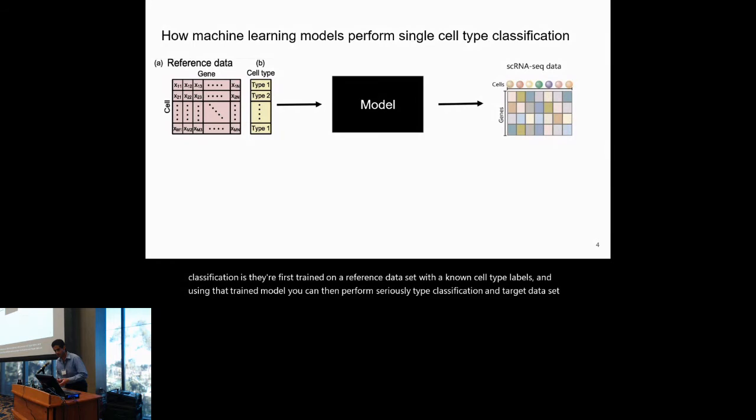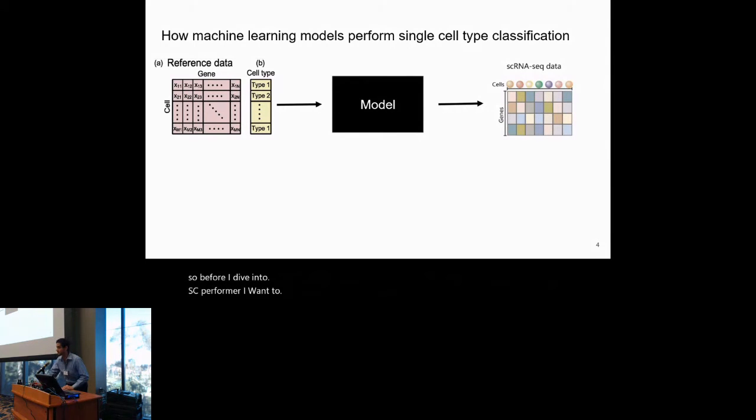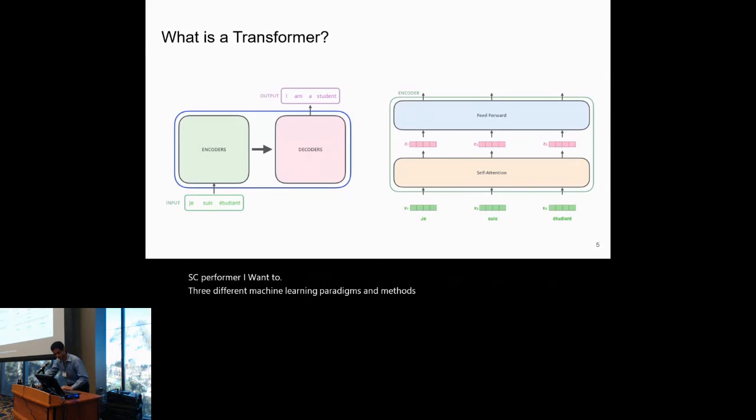And so before I dive into SC Performer, I want to introduce three different machine learning paradigms and methods. So the first is transformer. I know this has been mentioned before, but I just want to briefly introduce it. So transformer is a deep learning architecture that was originally applied in the natural language processing field. And one of the domains of application is translation. And so as you can see here, you feed it a sentence in one language, it spits out the same